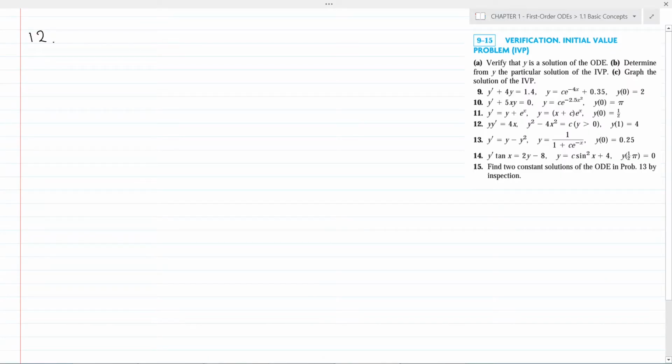Problem 12. Here the differential equation given is y dash equal to 4x, and the general solution given is y square minus 4x square equal to c. Here we can see that the general solution given is an implicit function. We can differentiate both sides to get